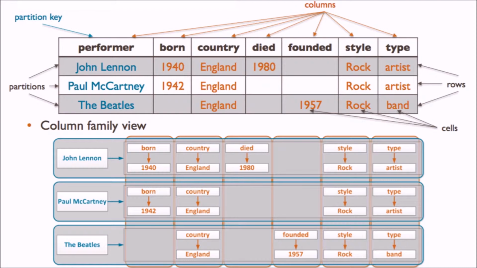Questions. Let's say you're inserting a list of artists. You already have John Lennon and the Beatles, and Paul McCartney comes along. Then Paul McCartney has to be sorted in the middle. But if it's already written to the SS tables, it has to be rewritten. That is where the merge and compaction comes into play. The merge, what it does,